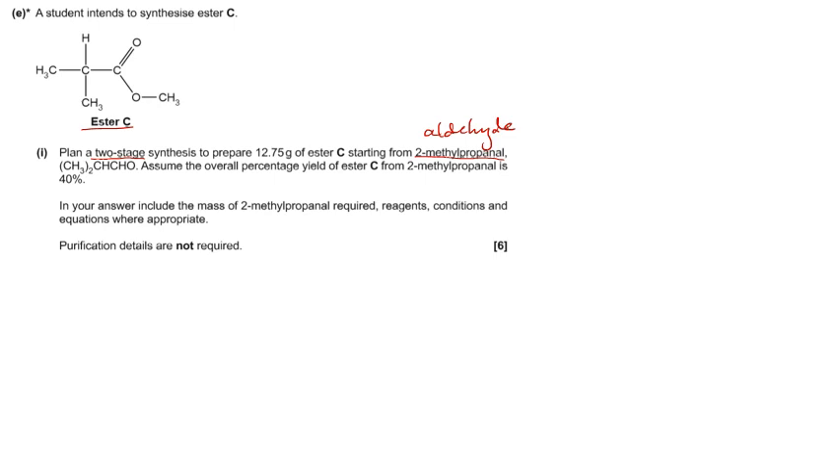Right, for each of the 2 stages, we need to give reagents, conditions, and equations. As is usual with synthesis questions, it's good to start at the ends. So let's write down our finished product, our ester. We're just going to copy it from the question into the right hand side over here. So we've got CH3